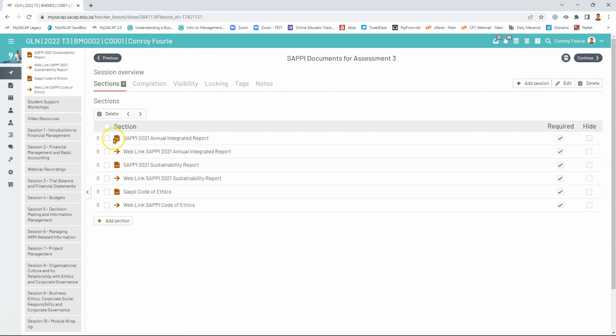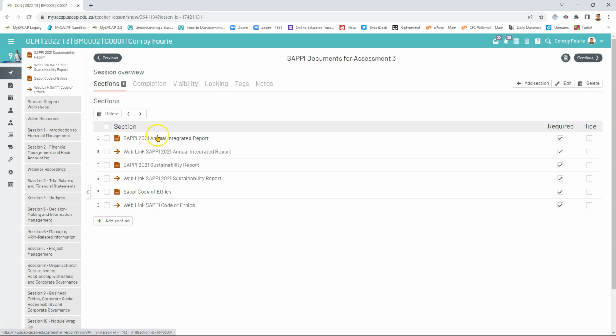So I've given you the PDFs of the various documents there, and then just below that, for each of those PDFs, I've also given you the link to the online versions of those reports, which some students may wish to just browse through in an online fashion. Some may want to use the PDF, but it's there for you. Don't use the links in the module outline. And also, I don't think I made the point too explicit in the previous video.